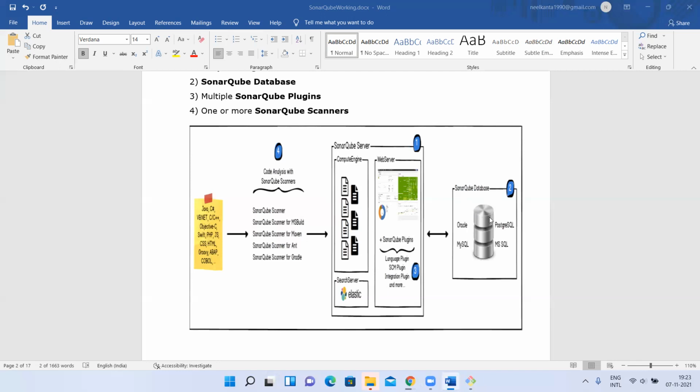If you don't want to use a separate database, there is a default database that comes with the SonarQube server, called the H2 database. You can use that, but it is not supported in production. In production, if you want to use an external SonarQube database, we'll see later how to do that. For now, we'll download the SonarQube scanner and the SonarQube server, and with the server we get the default database. The scanner scans each and every line of code, the database stores the report, and the server analyzes and categorizes them and gives you web-based support.